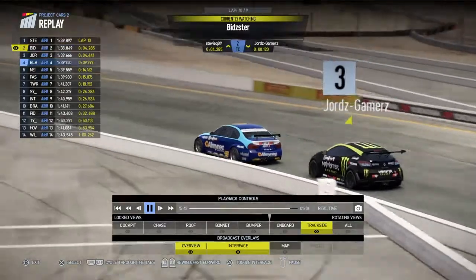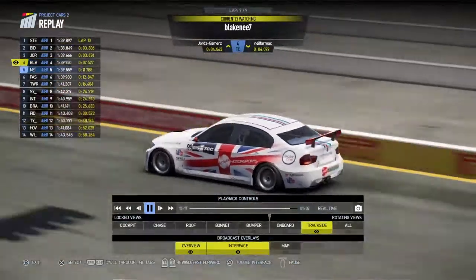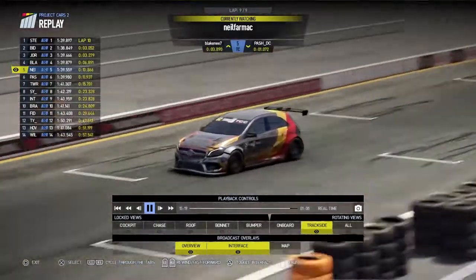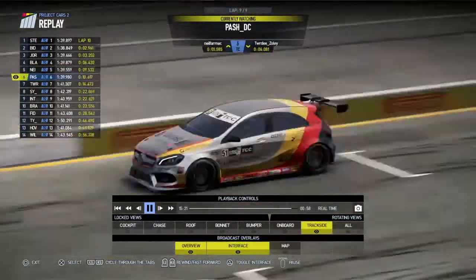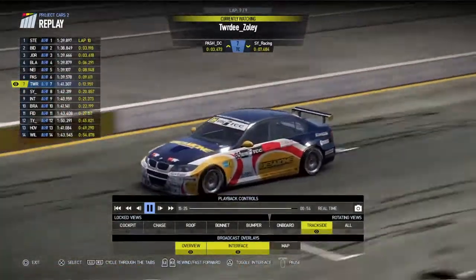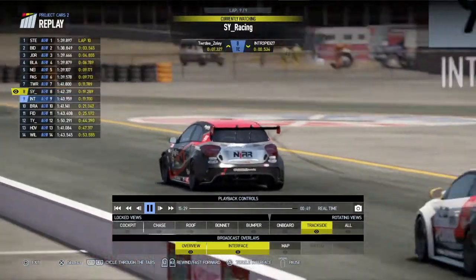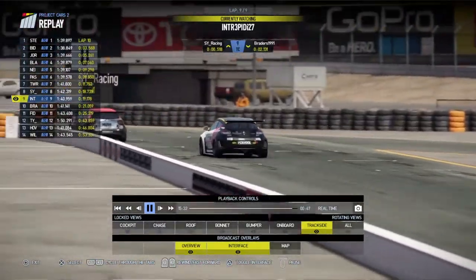Fantastic finish there. Stevie with an epic win. Bidster second from George after a good last lap battle. Blaney's fourth. It's going to be Neil Farmack, the first of the two Mercedes, in fifth. And then it's sixth for Pash. Twerdy Zoli in seventh. Well done for Twerdy in seventh. Good finish for him. Cy Racing in the Mercedes is going to be eighth, ahead of Intrepidi, and then